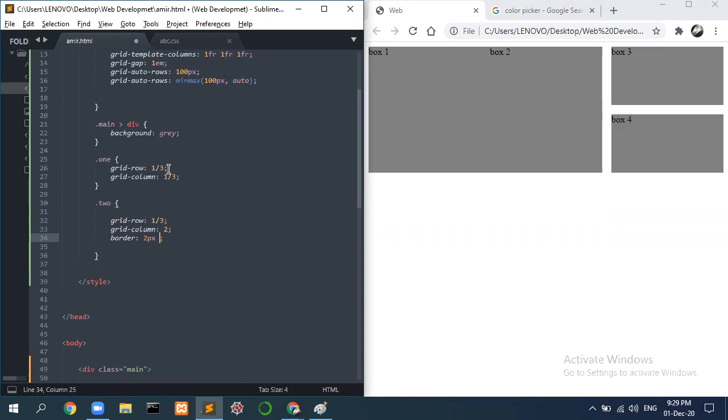So there are 2 things which are missing over here. So 2 pixels, I've assigned the width of the border. What else is missing? Thickness. Yes, the thickness I've added. That is 2 pixels. Then what else? The style. Yes. So I can add either